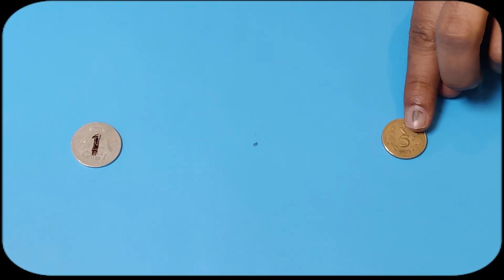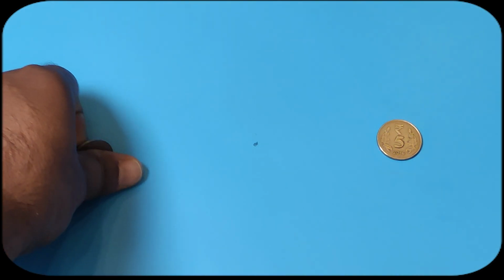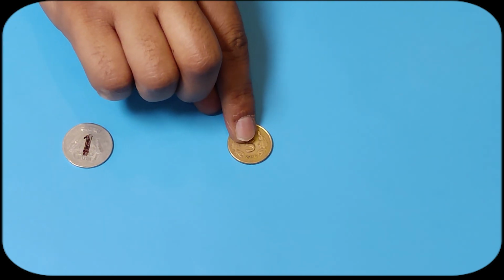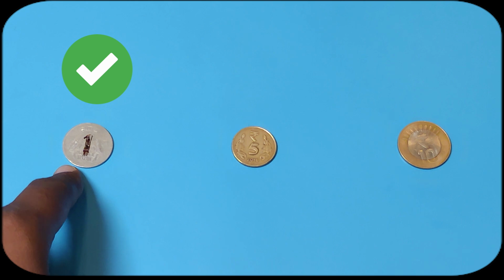Level 2. Put 2 coins of 1 rupee and 5 rupee on the table. Then ask the child to pick up the 1 rupee coin. Level 3. Put 3 coins of 1 rupee, 5 rupee and 10 rupee, asking the child to pick up the